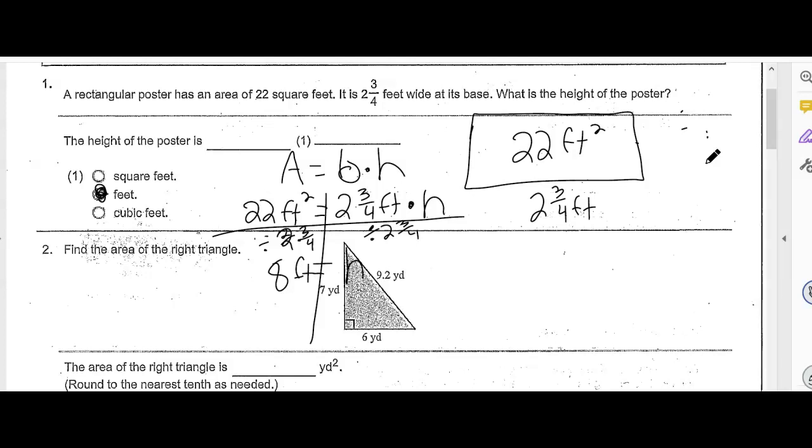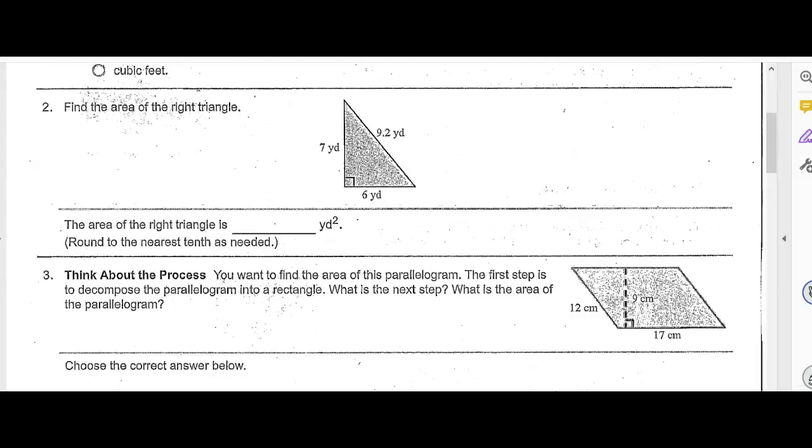Okay. Then, I want you independently go ahead and answer question number 2. What are the 2 formulas for finding the area of a triangle? Who can give me one? Maggie? Area equals base times height divided by 2. I agree with that one. What's the other one, Brogan? A equals 1/2